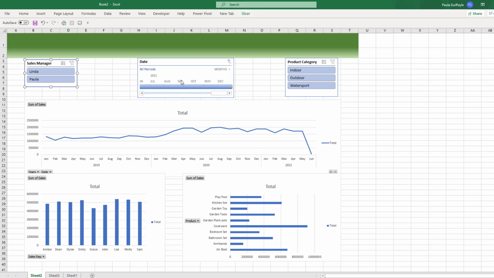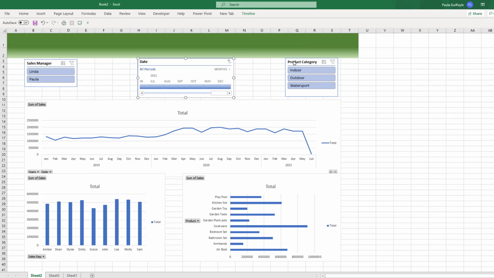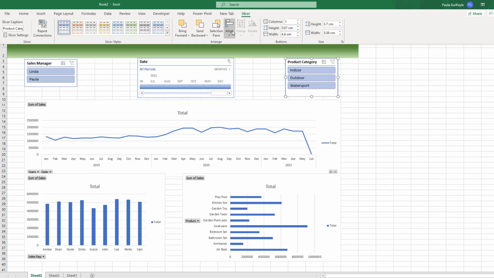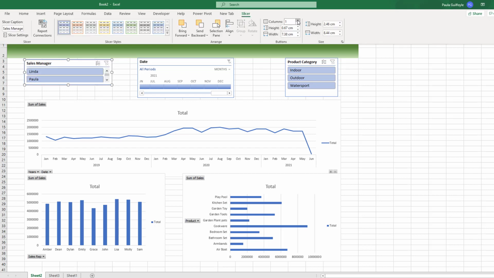I'm going to go to our timeline and I'm going to snap this to the grid as well. And that just makes it much easier to line everything up when you snap it to the grid, because it allows you then to line things up directly with the corners of the cells. So if I make this one a little bit bigger,